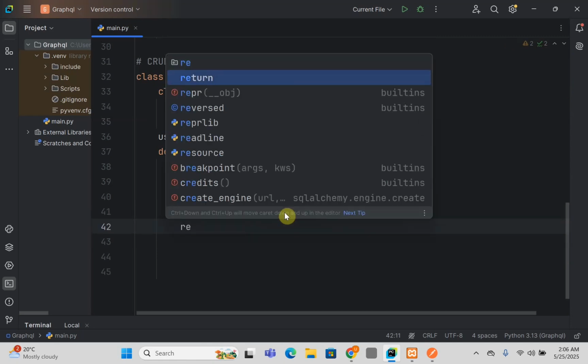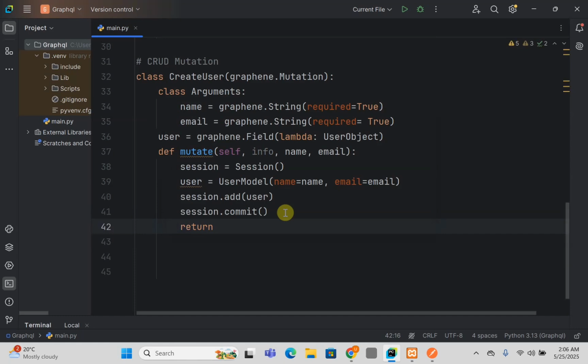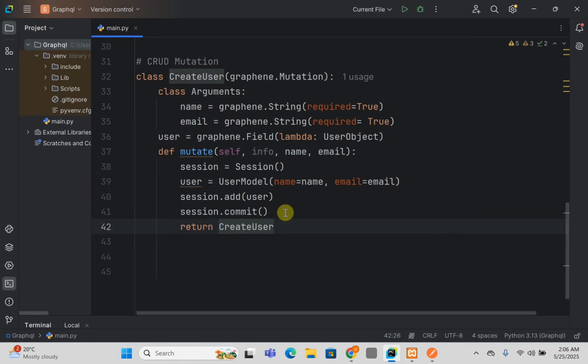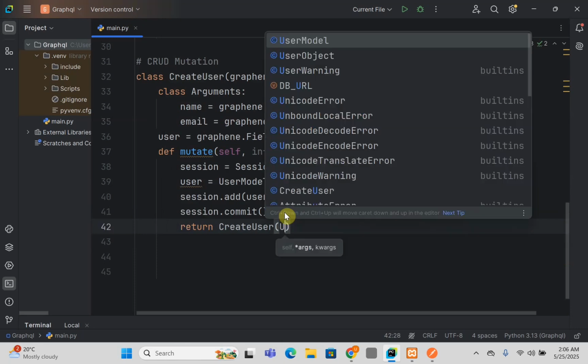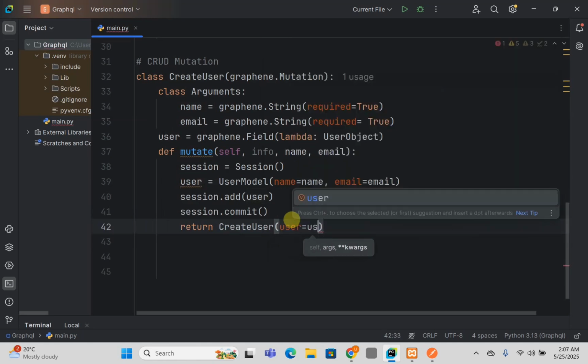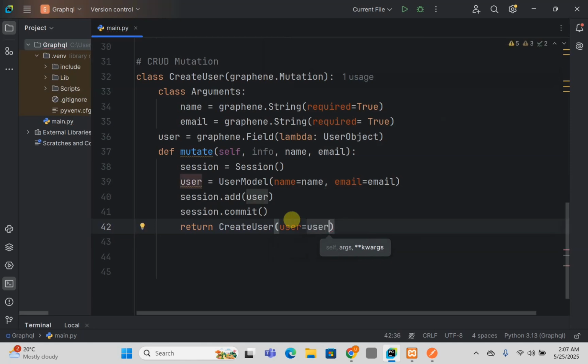So create the user. Sorry, user. Oh, user. So after that, what we need is